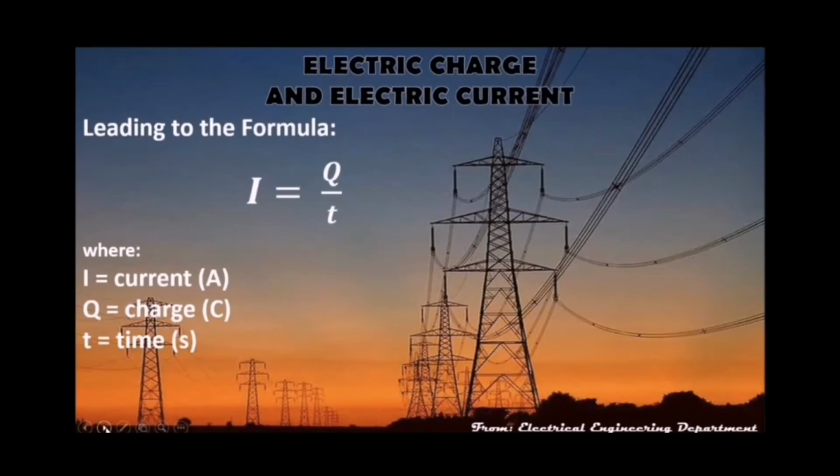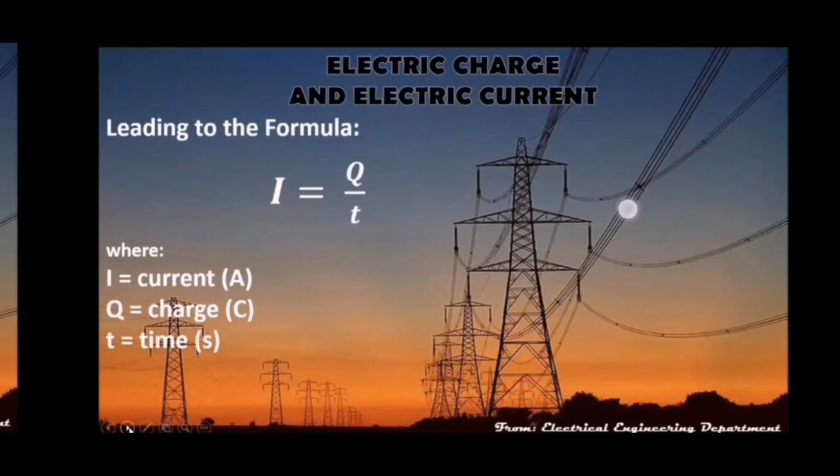formula niya. Electric charge and electric current leading to the formula of I equals Q over T, where I equals current, which has the symbol A, big letter A, and Q equals charge, na yung symbol is big letter C. And T equals time, na yung symbol naman is small letter S. And proceed naman po tayo sa